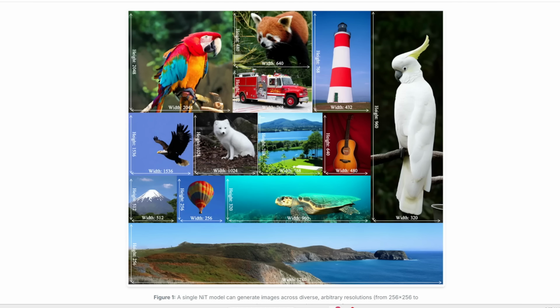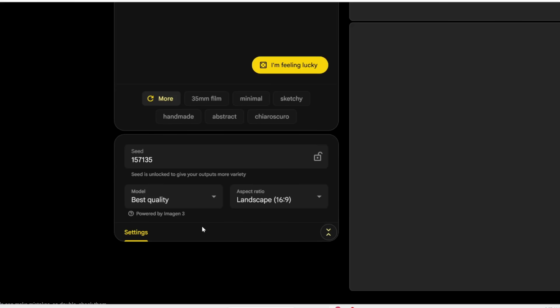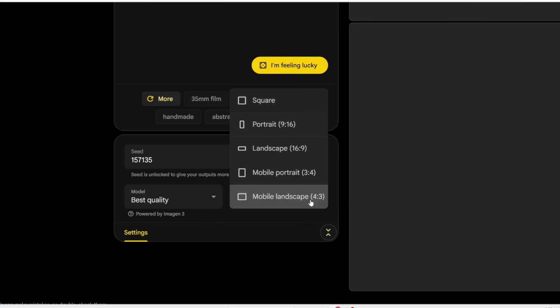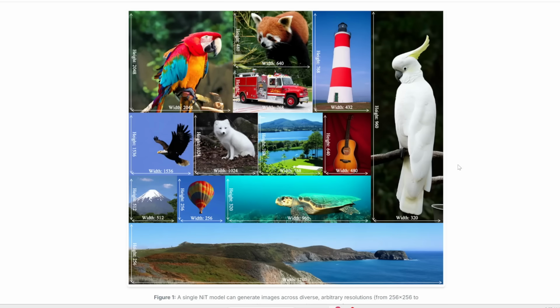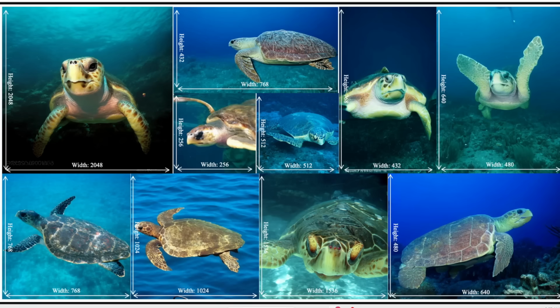Now, if you've been playing around with image generation, you'll probably find that most image generators do well only with certain image sizes. So for example, SDXL or Flux generates the best images if they are 1024 by 1024. And then other image generators like Google's Imagen can only generate certain aspect ratios. You can't really specify custom dimensions. But this AI, NiT, can generate the same quality of image regardless of aspect ratio or the size of the image.